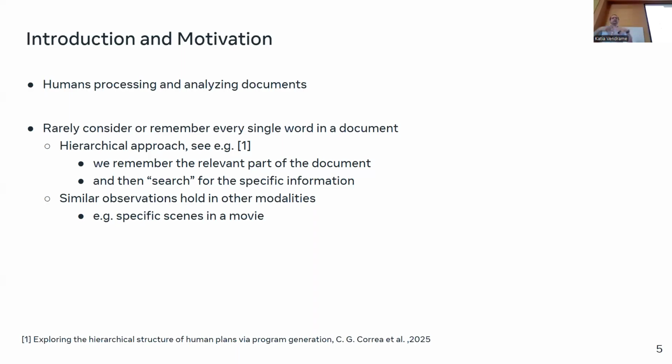More hierarchical, and reasoning at a different level than the